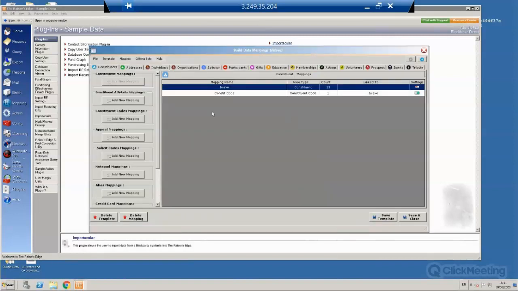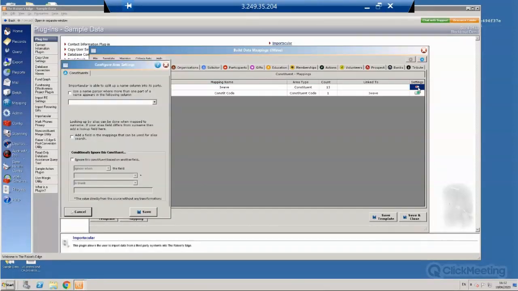And now you can see that we've got that here, and we've also added a constituent code. So once we're on this screen, now we can see we still have those red and green settings. So here, these are called area settings, and area settings in this regard allow you to work with that whole mapping. So if I click on these area settings for that constituent that we just looked at, I have a few options that I can work with that allow me to